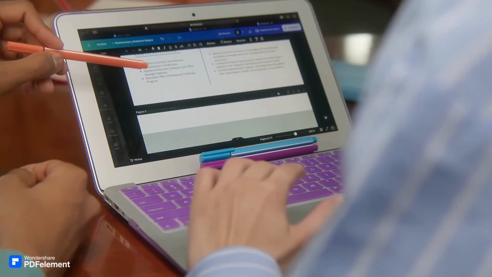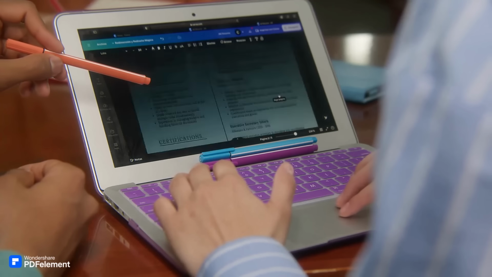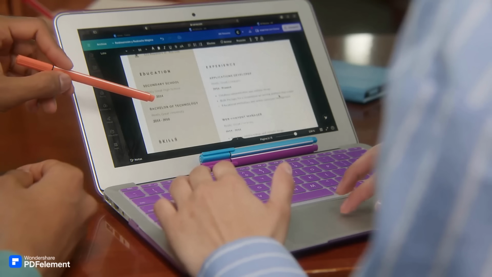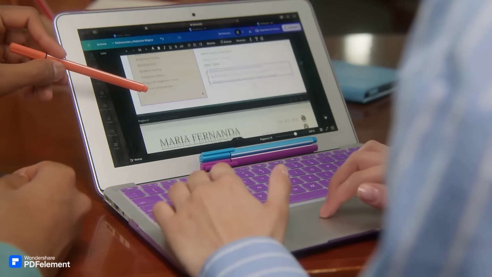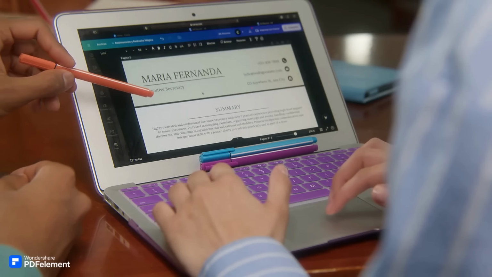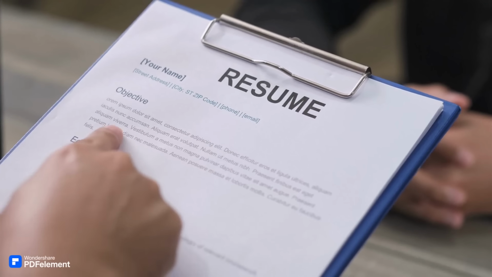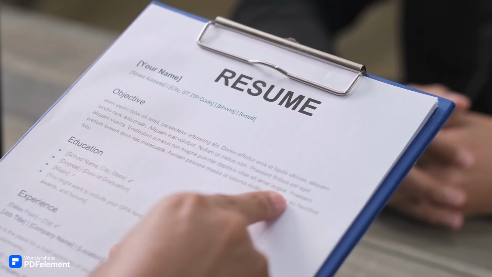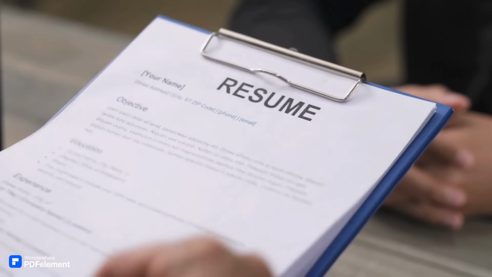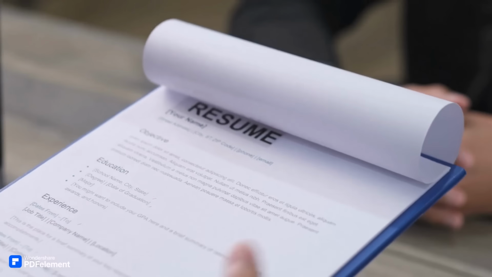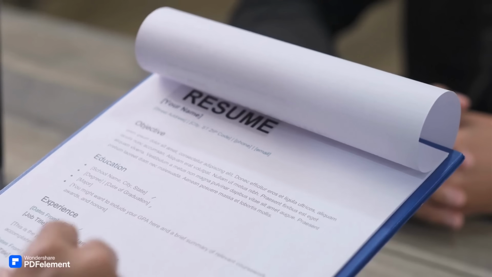Have you ever spent hours sending out resumes only to receive no response from recruiters? Or opened a PDF file and realized that making even the smallest edit feels impossible? Maybe you've tried updating a document only to see the formatting break, the layout shift unexpectedly, or the entire file become difficult to manage. Now, imagine dealing with dozens of PDFs every day: contracts, invoices, reports, receipts, resumes, and other